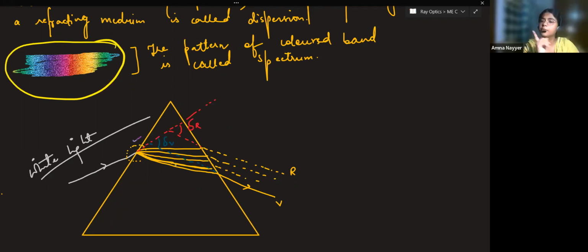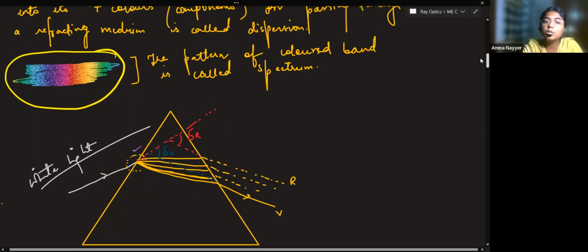That can be performed through a prism, because we all know a prism is made up of glass. Glass is a different medium. So in that medium, the speed of all the colors present within the white light will be different. Let's say red has the maximum wavelength. For maximum wavelength, it will have minimum velocity. Violet has the minimum wavelength. Firstly, you have to remember this order: